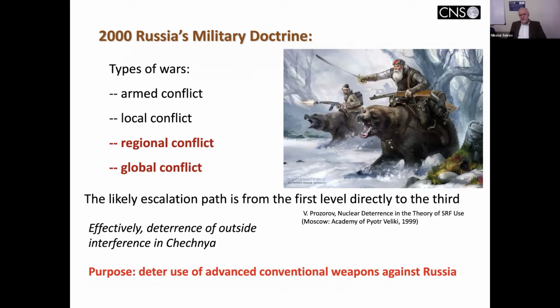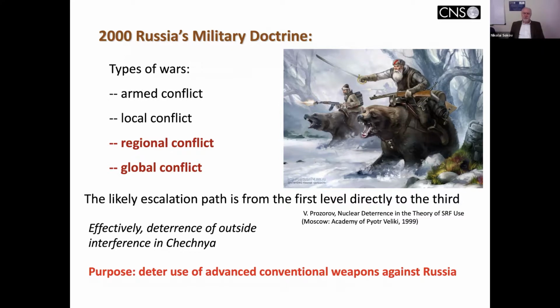Of course, at that time, Russia was conventionally weak. Its conventional forces were outdated. So Russia decided that the only way to deter the United States from doing a Kosovo-style war would be to